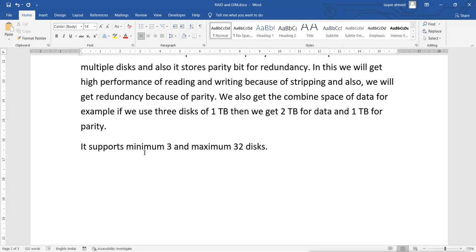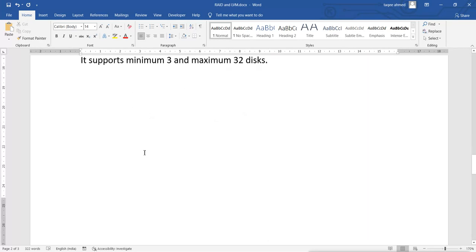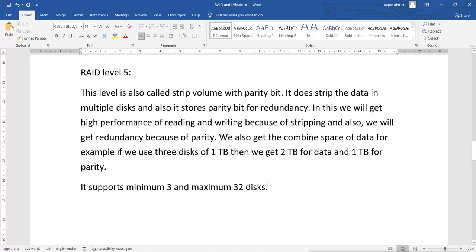Now we actually have the next level also, which is called RAID level 6. RAID level 6 is actually the same as this one. That one is also striping with the parity, but it is using dual parity. In RAID level 5, if you are using minimum 3 disks, you can afford 1 disk failure.